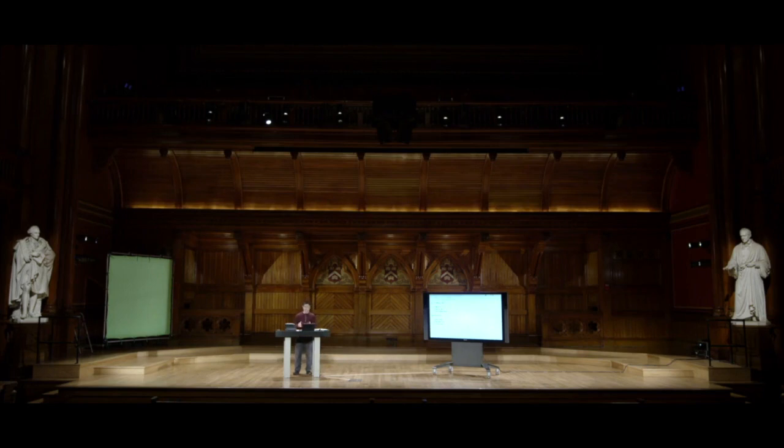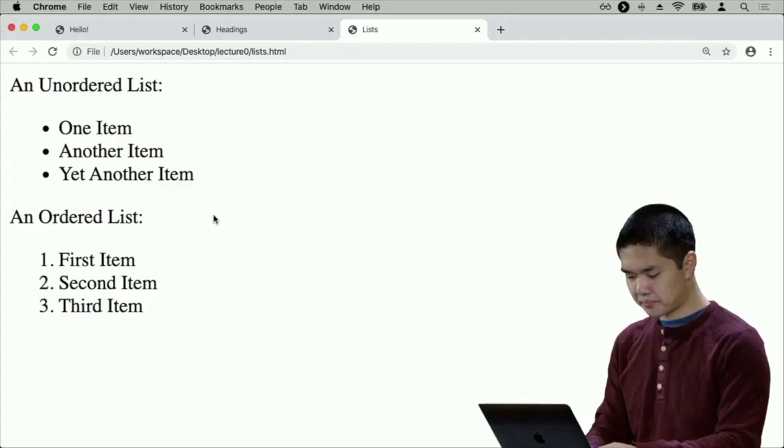In addition to lists, one thing you might imagine is that one of the important things on the web is not just displaying text, but also displaying other types of media, like images, for example. So how might we go about doing that? Well, I can